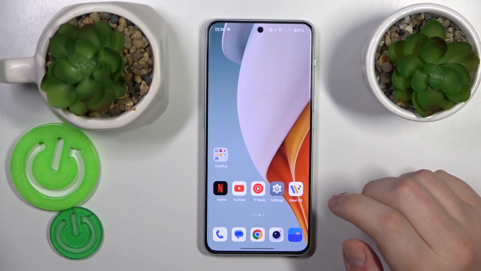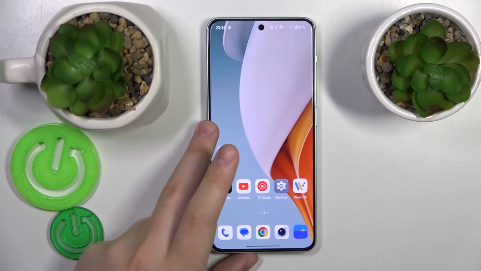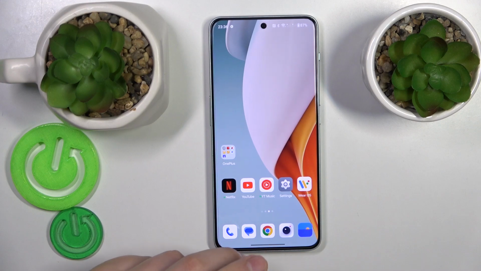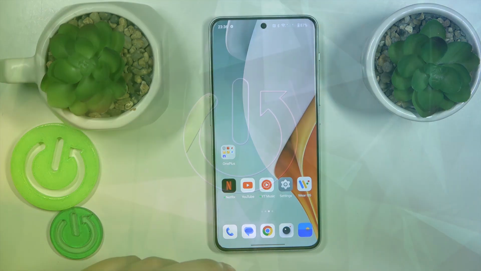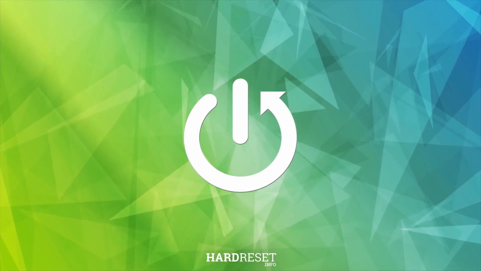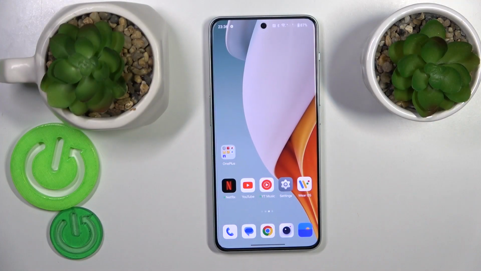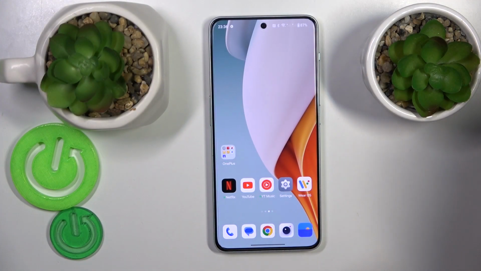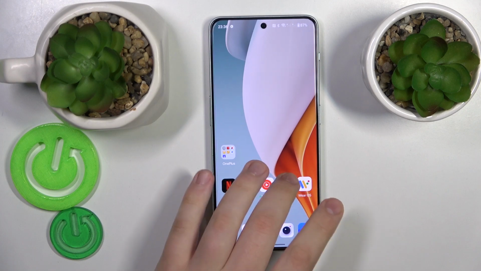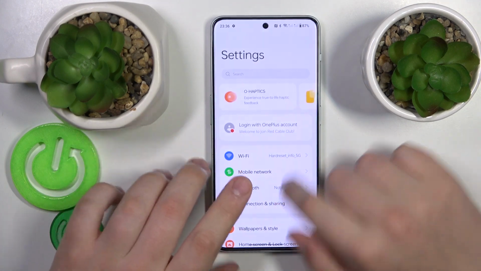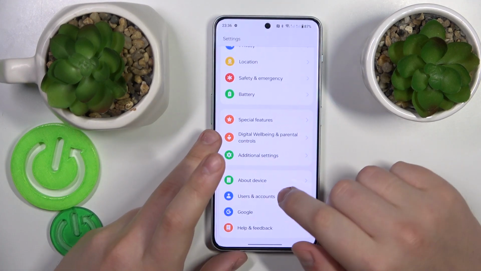This is OnePlus Nord 3, and today I will quickly show how you can set up parental controls on this device. So to start, you will need to launch settings, then go for the accounts category, or users and accounts to be exact,